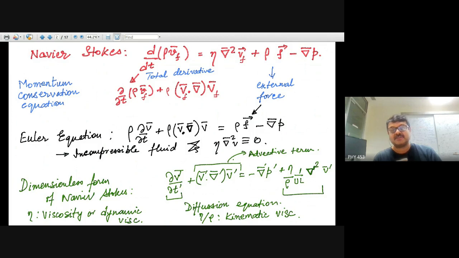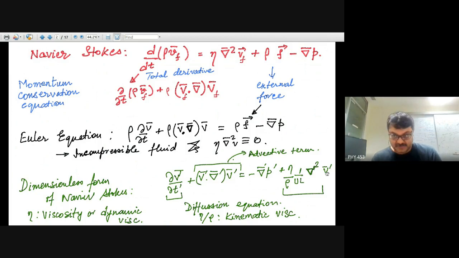But just to tell you, this is the dimensionless form, where basically if you had a certain length scale over which velocity is varying, or you had an obstacle, that length scale, and a certain time scale which can be defined. So if you make it dimensionless, if you divide by a certain time scale of the flow and a length scale of the flow, so that this V becomes measured in those units, so this V dash will also become suitably non-dimensional. And what you see here is the so-called